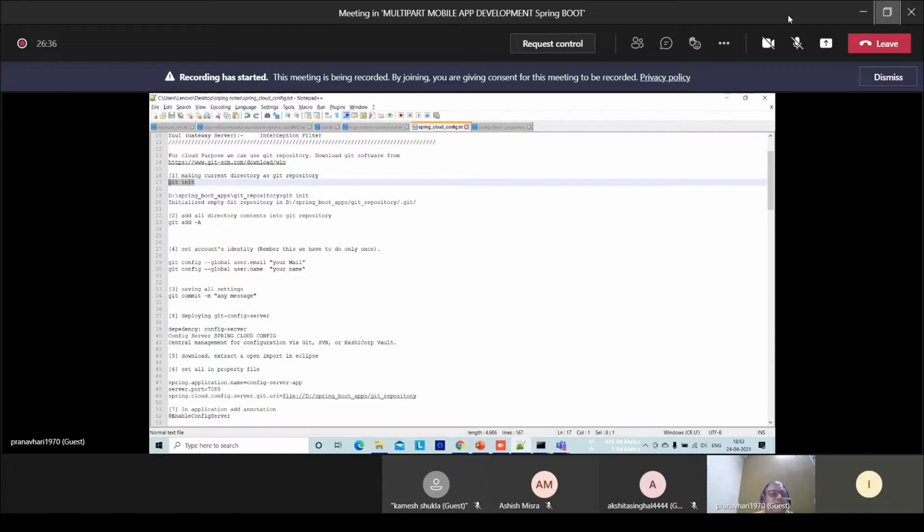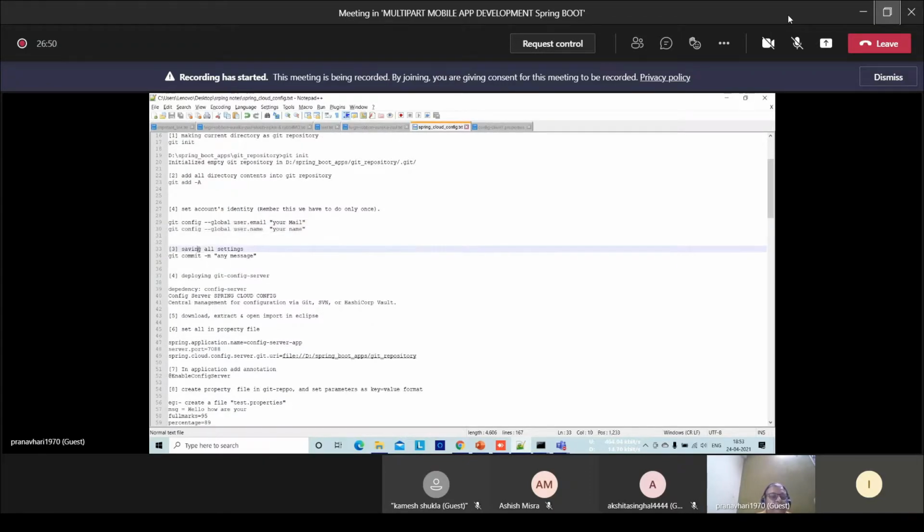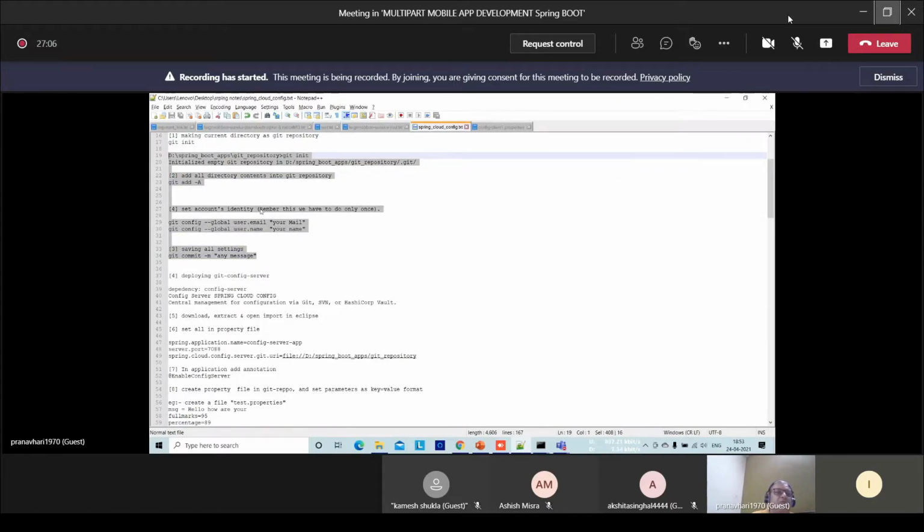Thereafter, we have to run git init, then git add. Then we have to do this setting of username and user email. Thereafter, for saving all the settings of Git, you have to say git commit, and -m is for setting up the message. So this much is the steps for configuring the cloud.